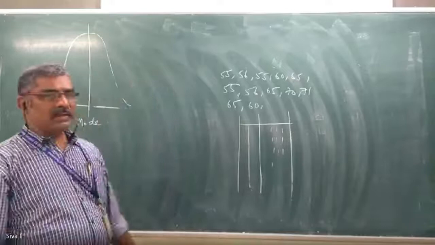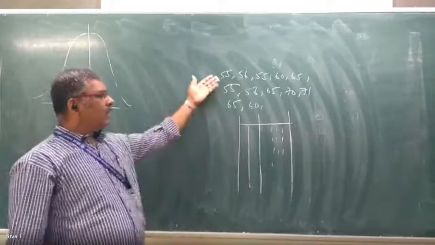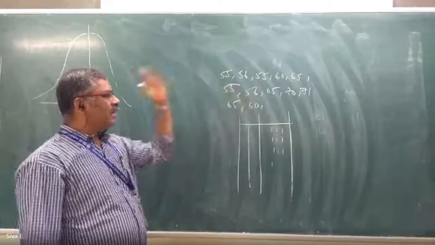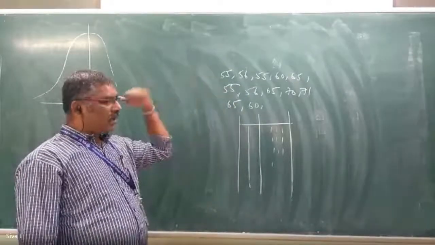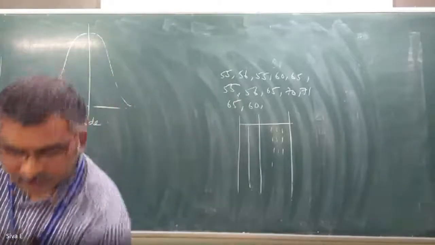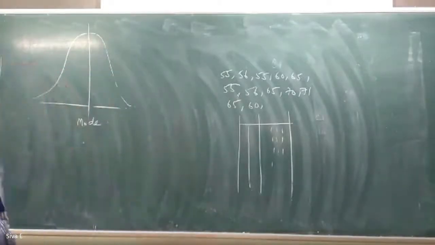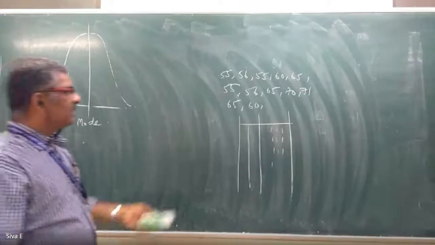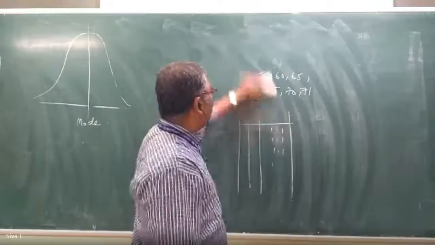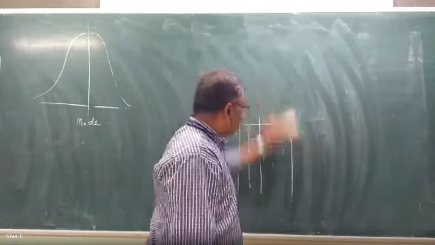Okay. Here it is not connected with the number itself. It may be 55, it may be 70, it may be 1000 also. But the value that occurs the maximum number of times is the mode. That is for the individual case, it is very simple. Now for the discrete case, we can discuss.